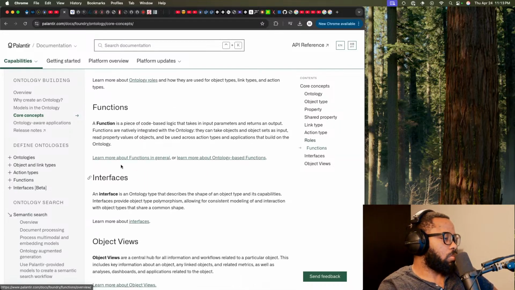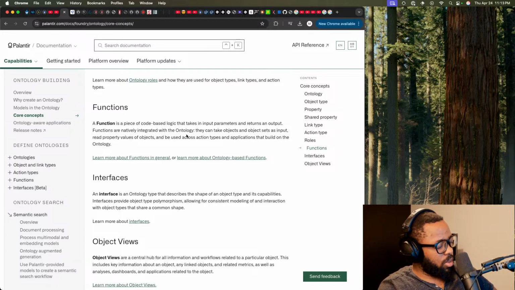Functions. A function is a piece of code-based logic that takes in input parameters and returns an output. Functions are natively integrated. Oh, no, nothing, just something crossed my mind. So maybe you don't use React or Lingua Franca.